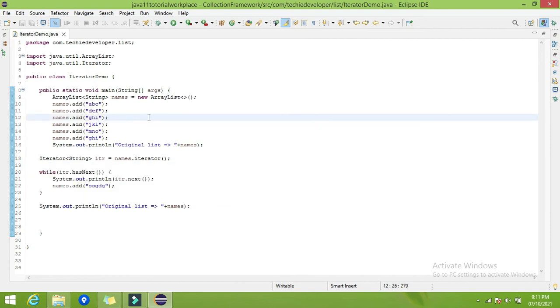That is the fail fast mechanism. That's why there is no method to add a new element in the iterator. So until now we have covered three methods of the iterator: hasNext, next, and remove.